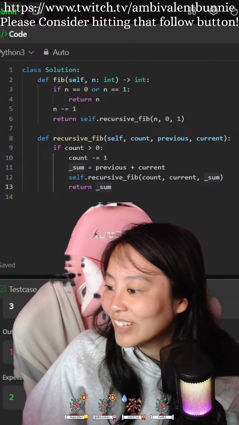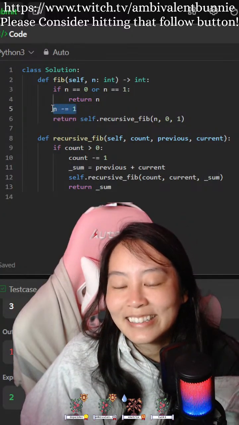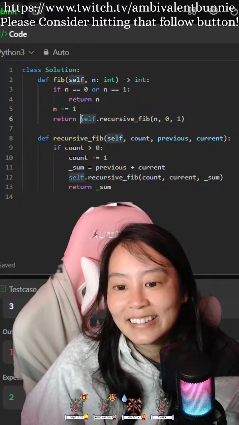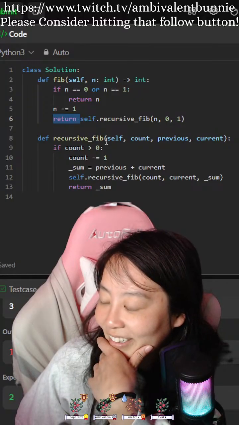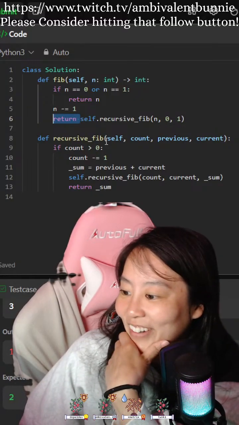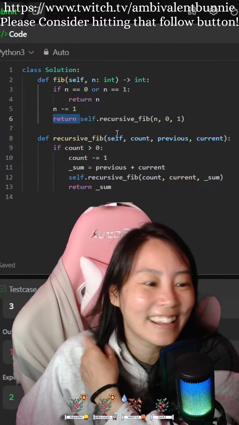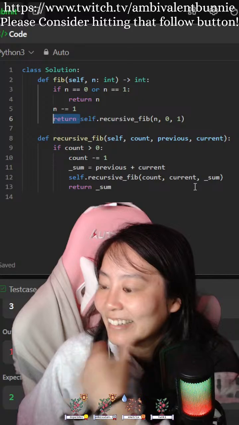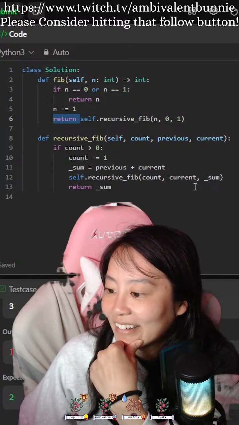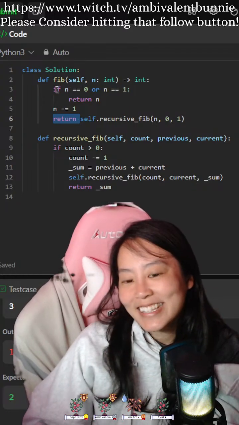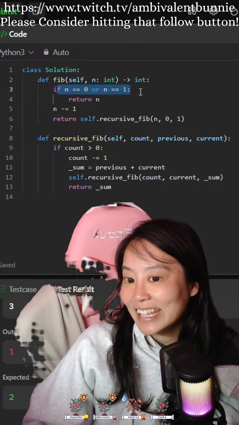What if you do n-1 before going into the recursion? I did, didn't I? Hold on. Total practice time should be over 9,000 hours. Oh, I got a long way to go then. I got a long way to go. So if I'm in base case, if I'm understanding this correctly,